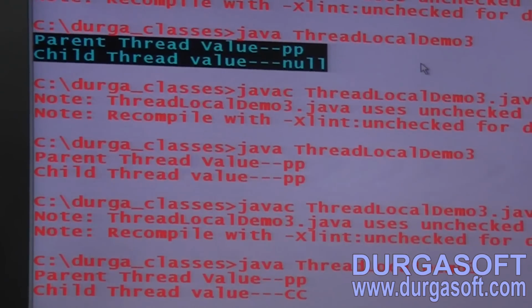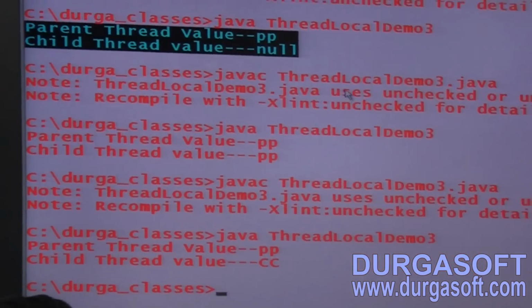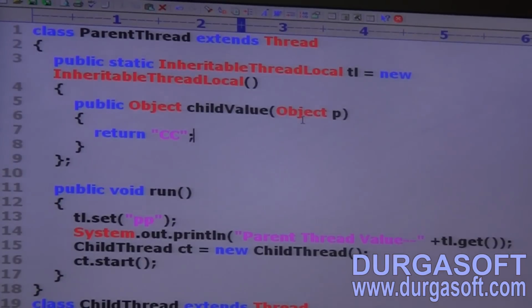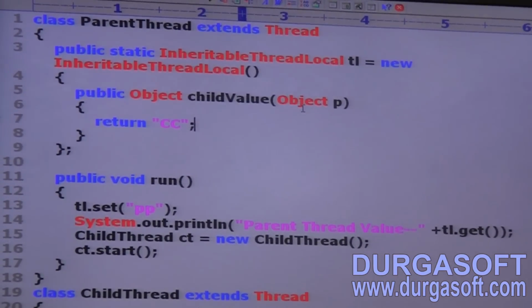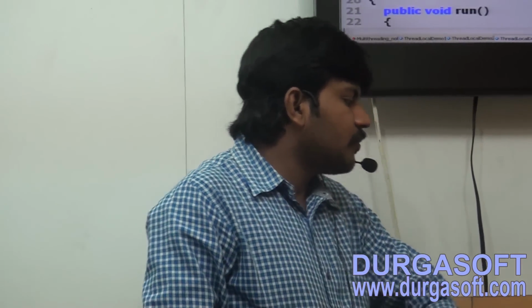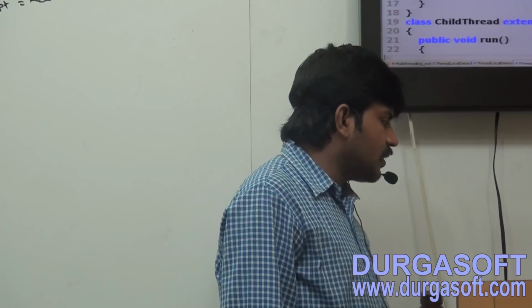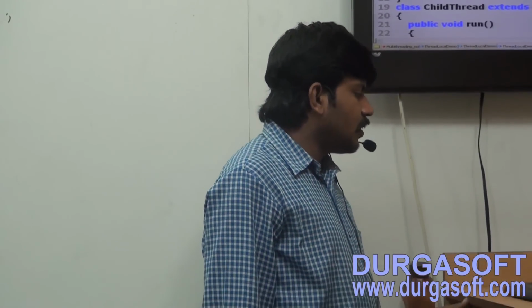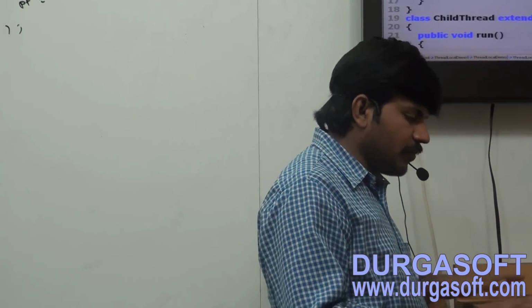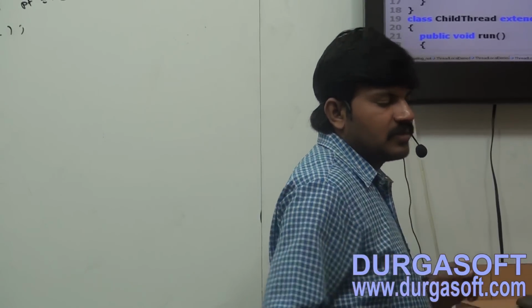Next point. In the above program, if we are maintaining InheritableThreadLocal, and if we are not overriding the childValue method, what will happen?